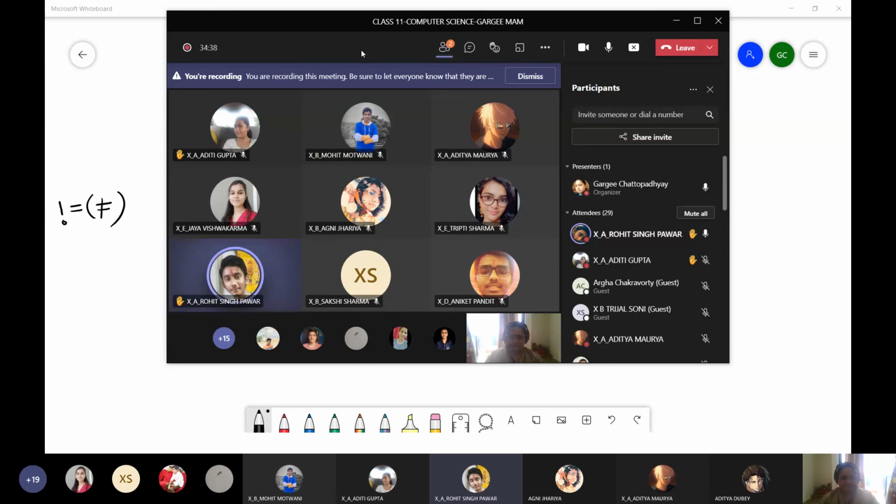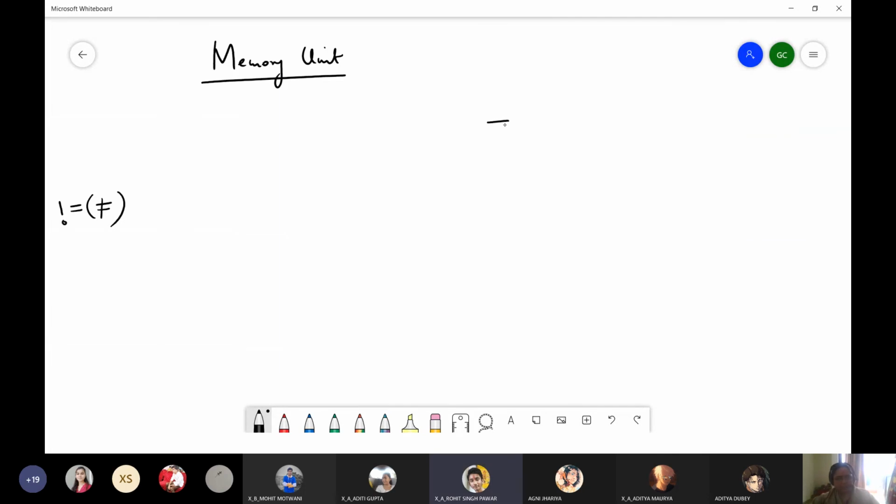Ma'am, when you showed us the signs of plus and minus, there are two equal to signs joined together. What does it mean? See, there is actually the single equal to sign which is used. The single equal to sign usually denotes assignment. It is an assignment operator, which means a value can be assigned to a variable.